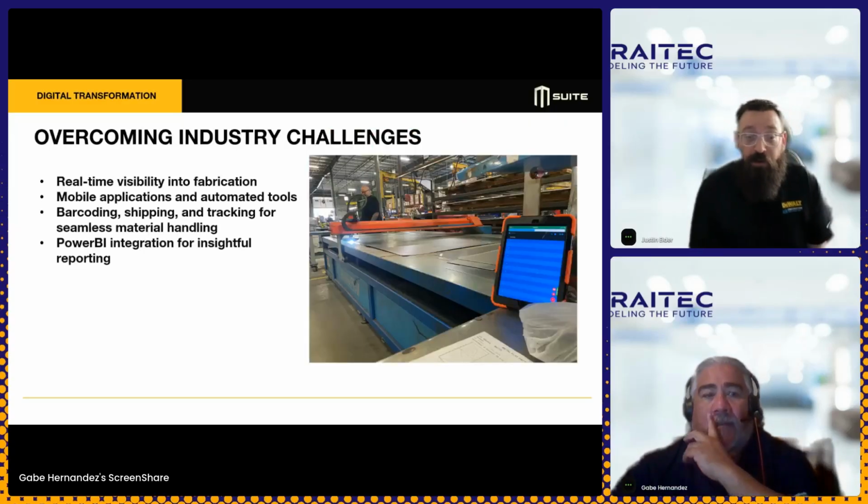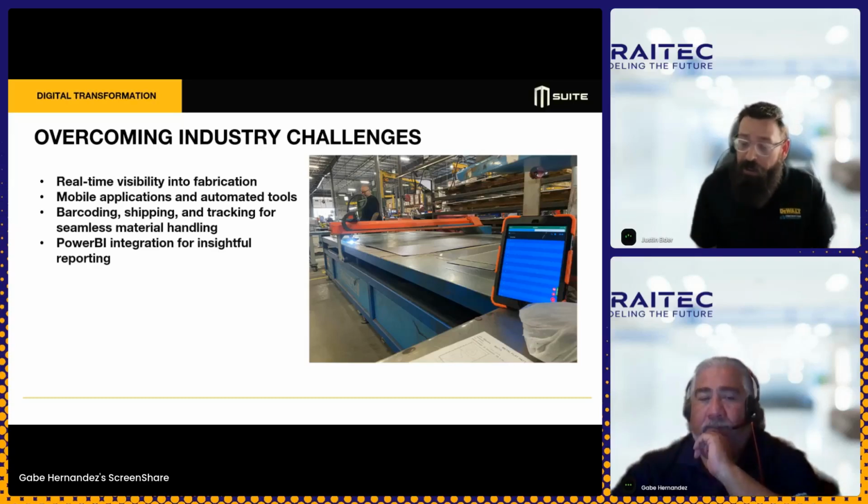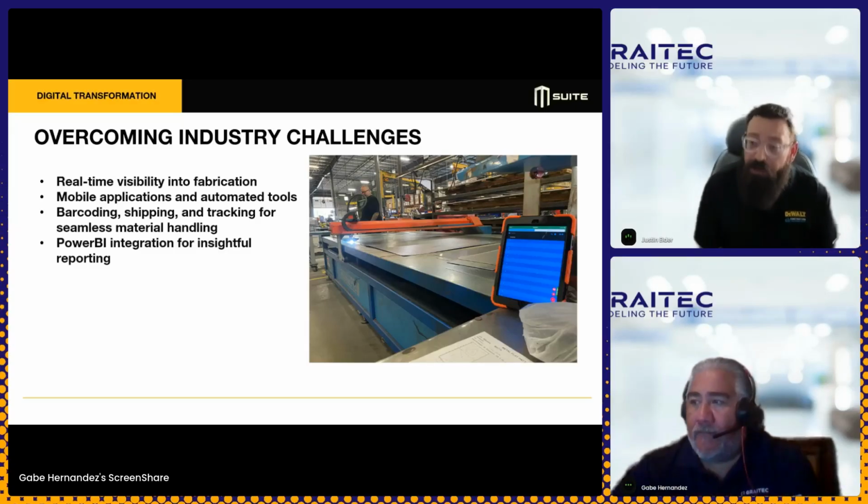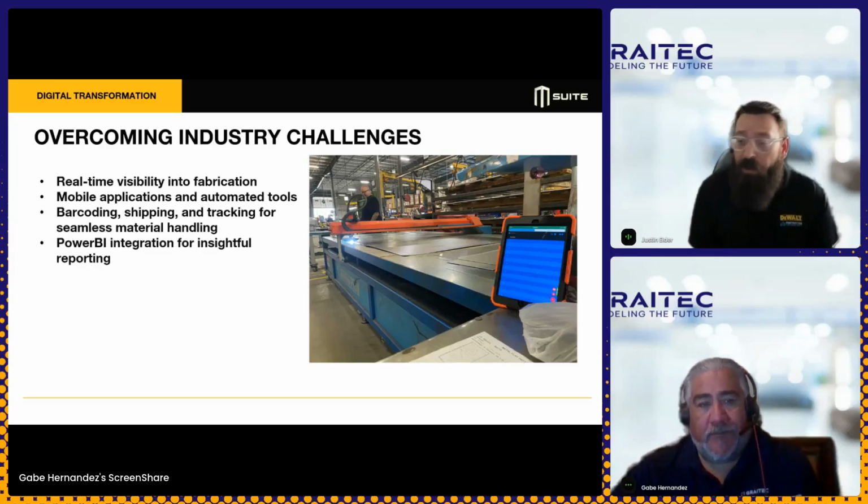So some of those challenges do include the real-time visibility into the fabrication, and so our software takes care of that. It is a web-based platform, so anywhere you've got internet service, you can log on to your shop floor and see the production value anywhere that you are. And that goes for any stakeholder. The shop floor is going to have a little bit different of a viewing of a user interface, but as a stakeholder and management, you can check in on that at any point, anytime, anywhere, as long as you've got internet capabilities. And with the mobile applications, it makes things very fantastic to use, not just on the user functions, but also on the time that it takes for your shop floor